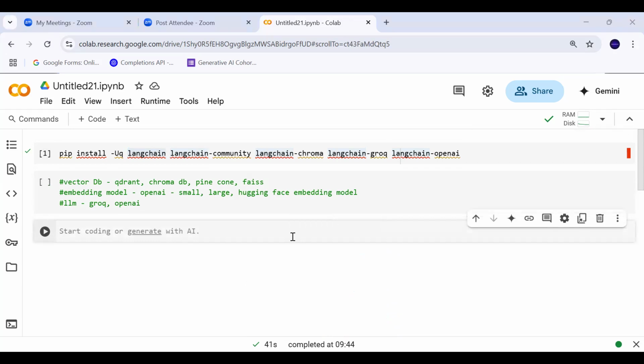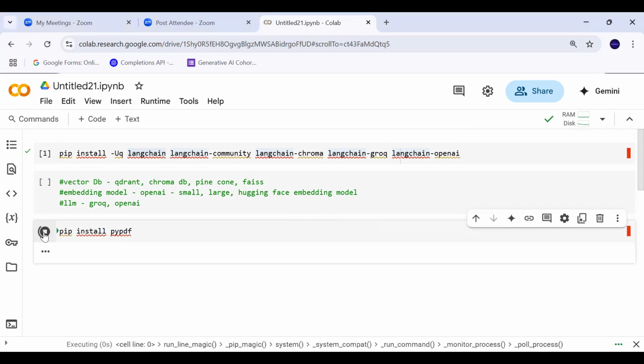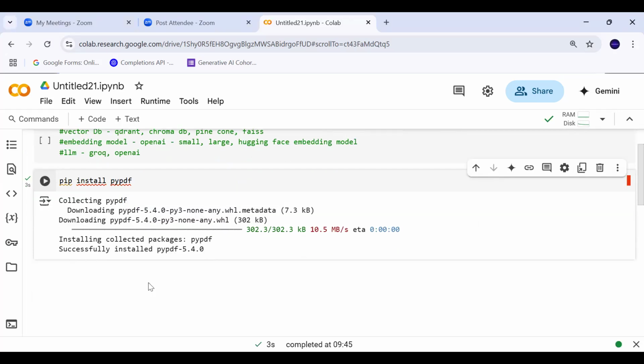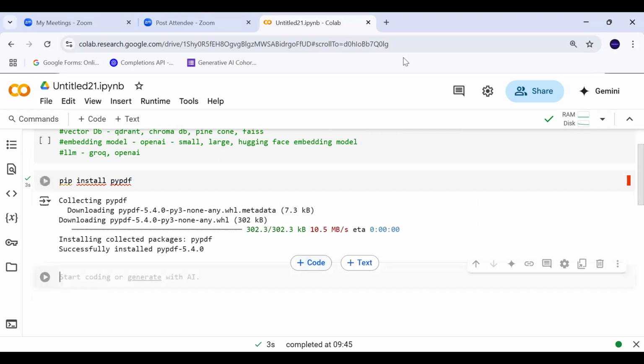Second step is to install PyPDF. PyPDF is basically a PDF loader. We talked about this one in our slide, right? We have different loaders. So if you go to the documentation, it will have all these different loaders for different kinds of formats, as you were asking, right? We have to use different loaders in order to load those different kinds of documents. So let me open